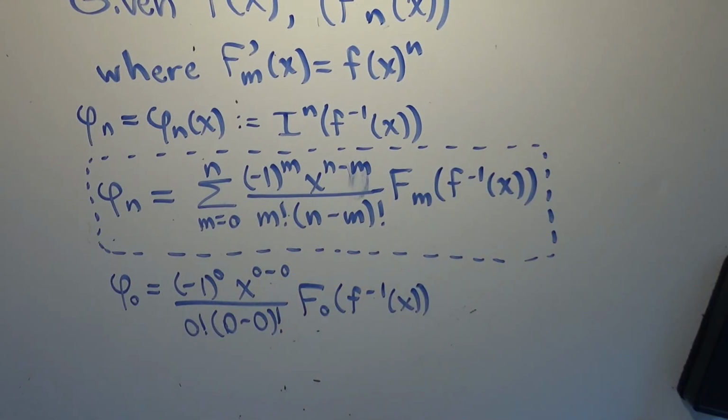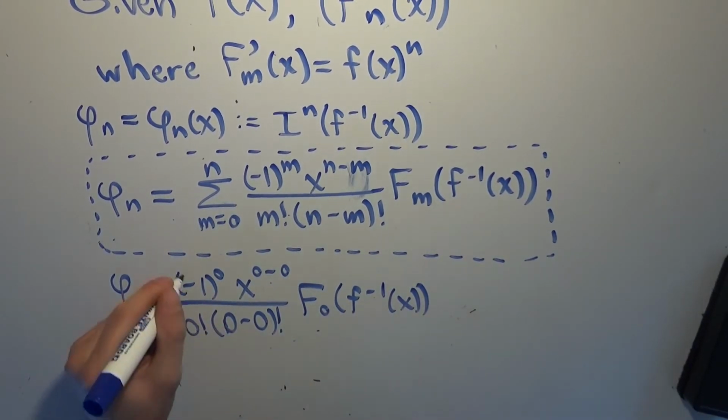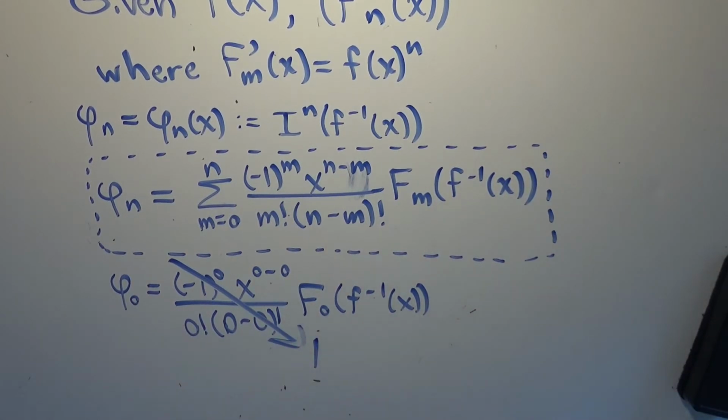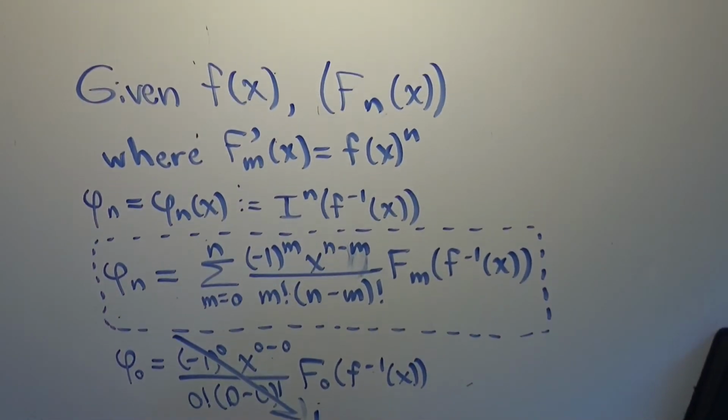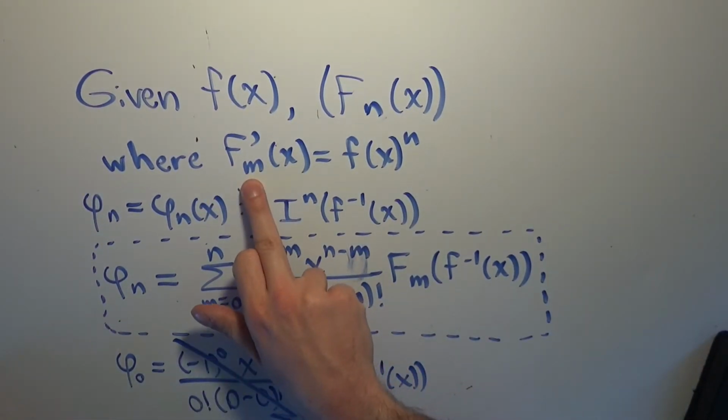Well, negative 1 to the power of 0 is 1, x to the 0 minus 0 is 1, 0 factorial is 1, and again 0 factorial is 1. So all of this is 1. Right? That's easy. But now, what's this? What would big F0 be? Well, big F0, the derivative of big F0 is going to be